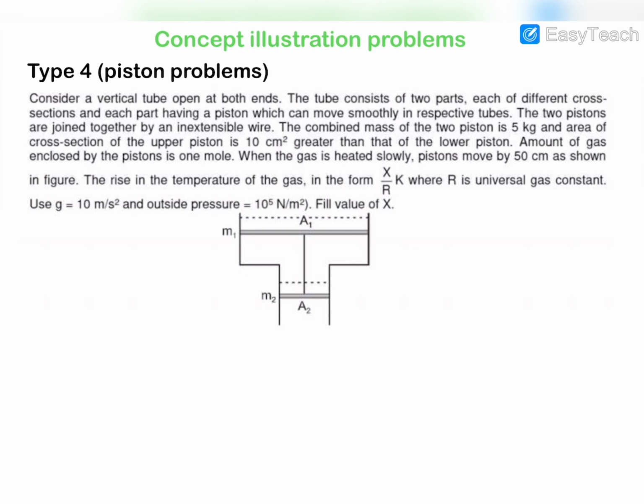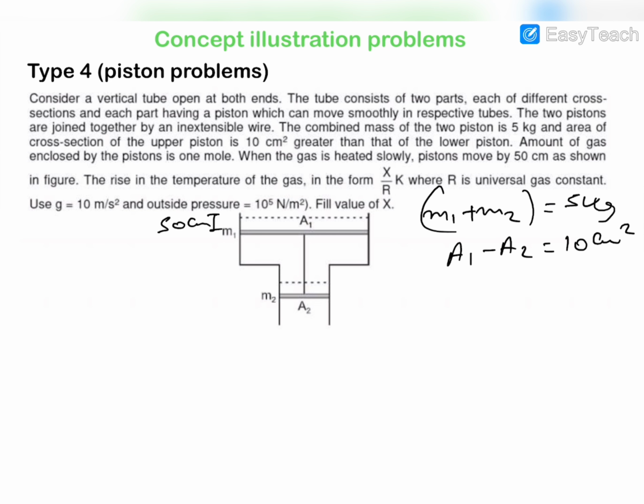It is given that the sum of the masses of these two pistons, M1 plus M2, is equal to 5 kilogram, and the difference of area of the two pistons, A1 minus A2, is 10 centimeter square. If this gas is heated slowly, then this piston system rises up by a distance of 50 centimeter. They are being connected by a thread, and we have to find out the rise in the temperature of the